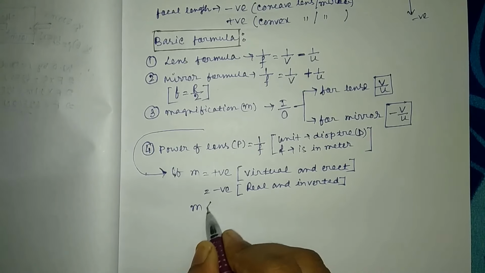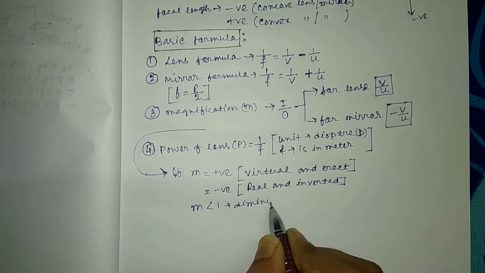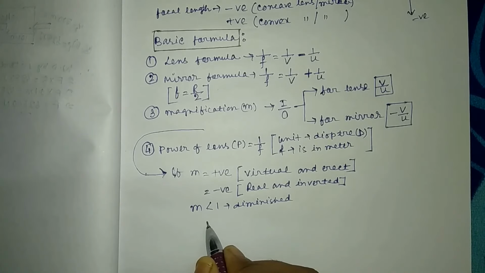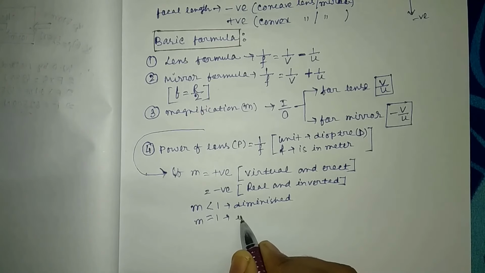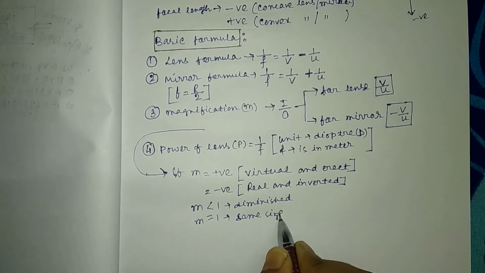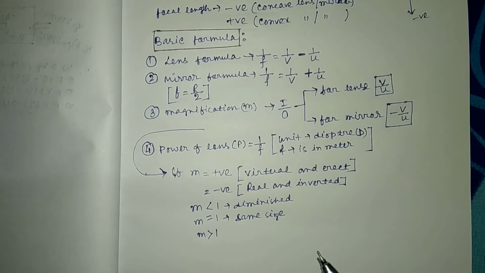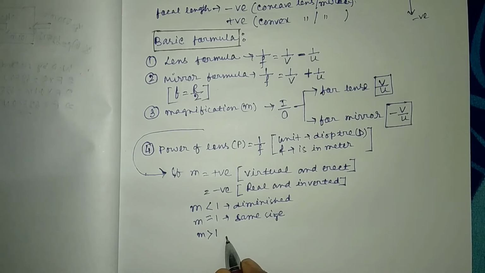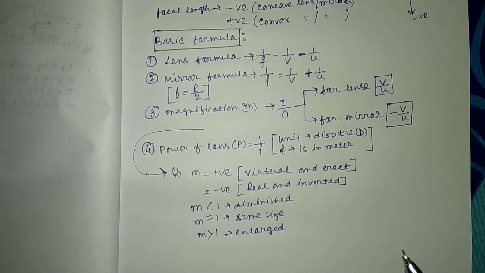If m is less than 1, then the image size will be diminished. If m equals 1, then the image will be of the same size as that of the object, and if m is greater than 1, then the image size will be enlarged. Okay,